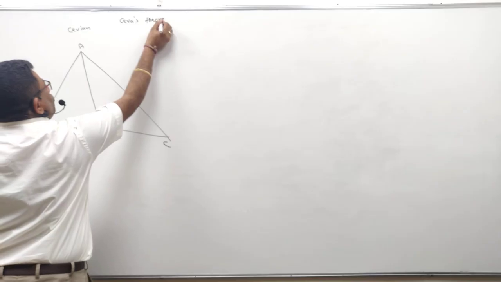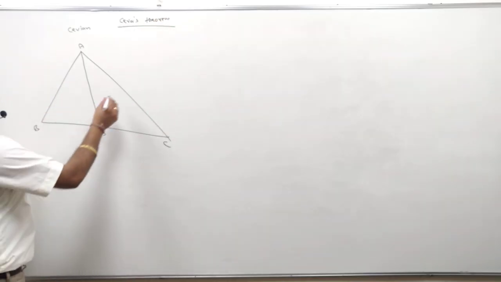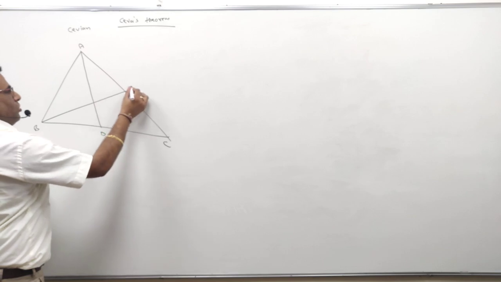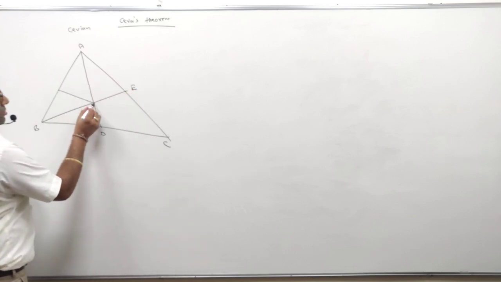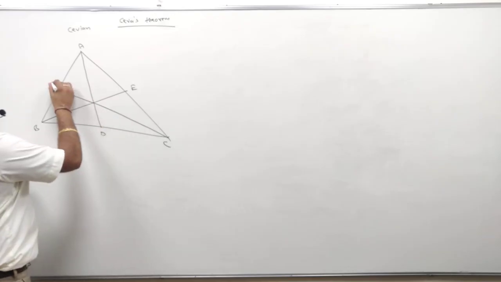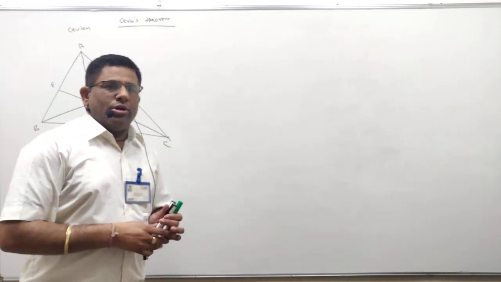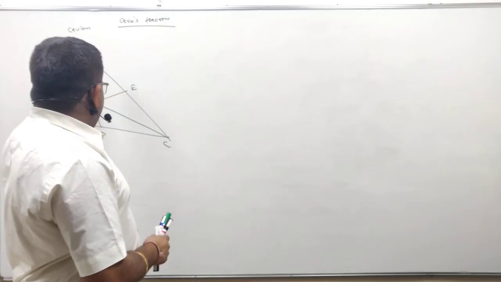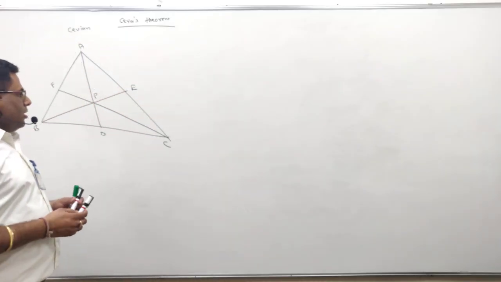ओके, बहुत ही इंपॉर्टेंट थ्योरम है ये हमारे पास कि ABC कोई भी ट्रायंगल अगर है और मैंने कहा D, E, F कोई भी पॉइंट्स हैं सच दैट AD, BE और CF they are the concurrent lines and concurrent at a point P. मैंने क्या बोला? In any triangle ABC, if AD, BE, CF are any three concurrent lines concurrent at a point